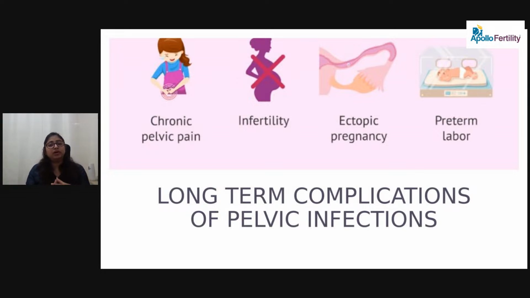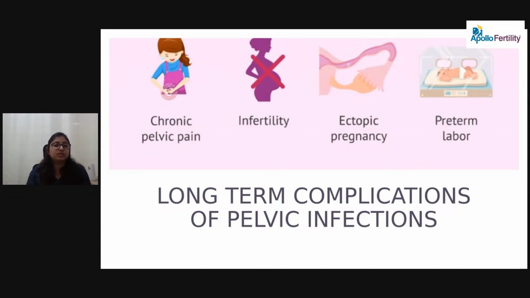So it is very important to identify these pelvic infections, because they have an effect not only on your uterus, but on the tubes, the ovaries and the cervix, and in the long term they can sometimes form a big abscess. So what is an abscess? An abscess is a pus filled cavity, a pus filled sac, a cyst like structure which is filled with pus. It can form inside the pelvis, anywhere near the tube, in the ovary. It can involve the whole organ, and that can lead to pain, fever. Then it might need hospitalization.